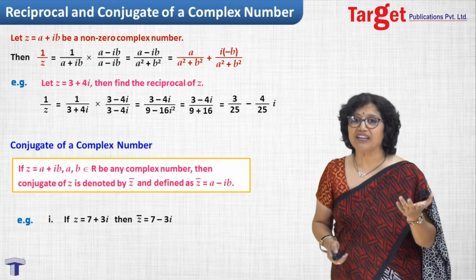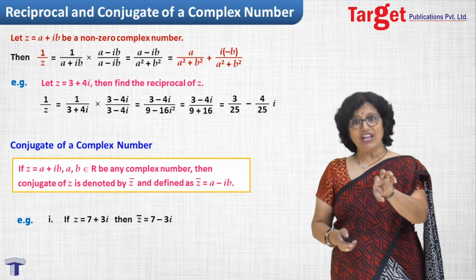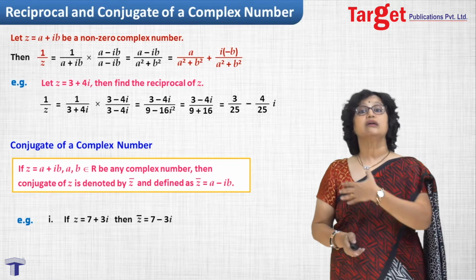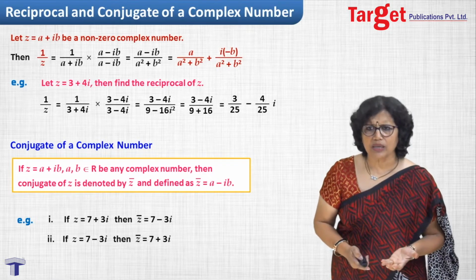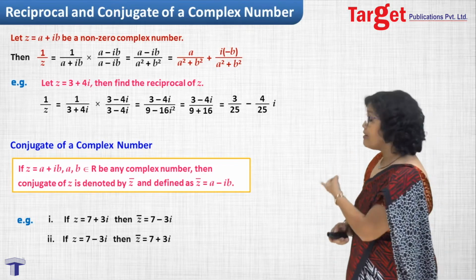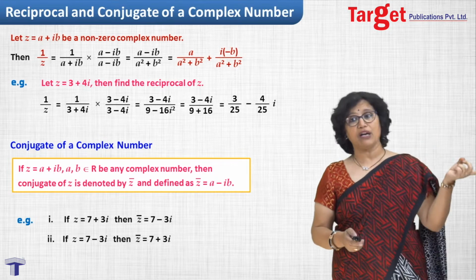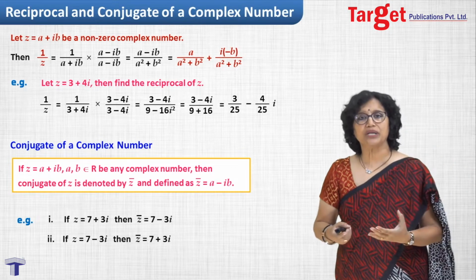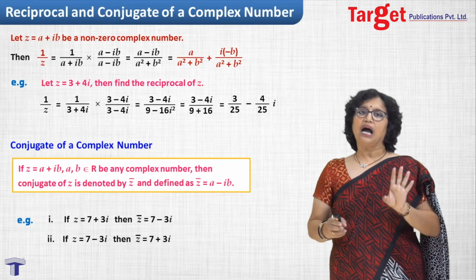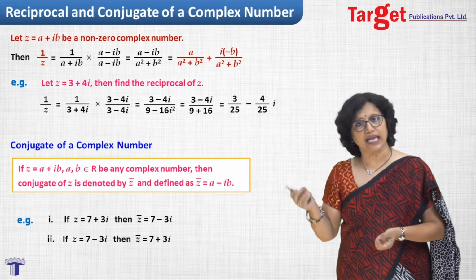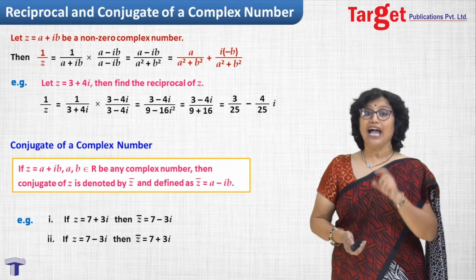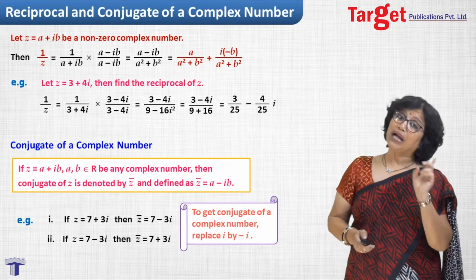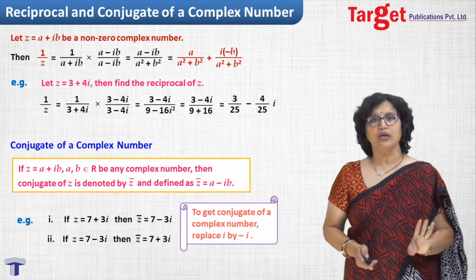Now some of you may think that if the imaginary part is positive, then we write the imaginary part of the conjugate as negative. That is actually not the case. If you have z as 7 minus 3i, then the corresponding z bar would be 7 plus 3i. Why am I mentioning this? Many students think conjugate means writing a minus in the imaginary part. Actually, that is not the case. How you have to remember it is: replace i by minus i whenever you have to take the conjugate.